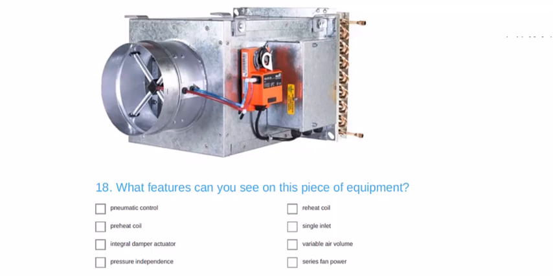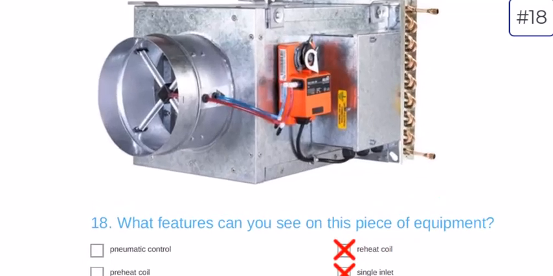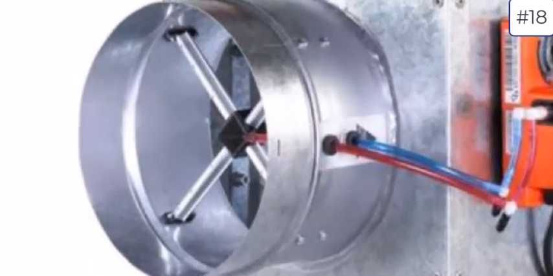Question 18 shows us a piece of airside terminal equipment. This is a VAV box, variable air volume box, and it's asking what features or what components can you see on this equipment. So these are the answers that we were looking for. The first one might trip you up because you see pneumatic tubing coming out of the inlet of this box, the red and the blue tubes coming from this flow ring, and they're taking air measurements, but it's not pneumatic